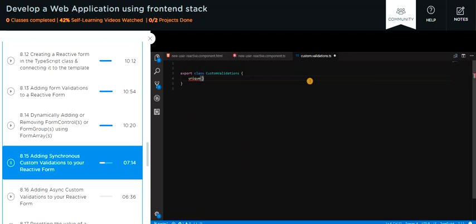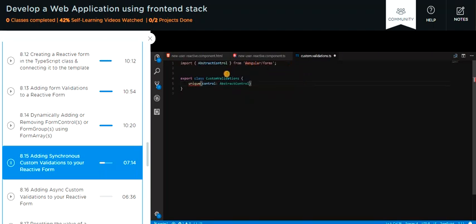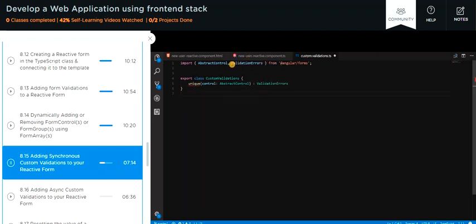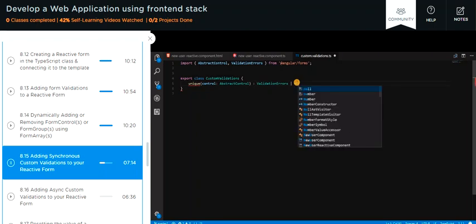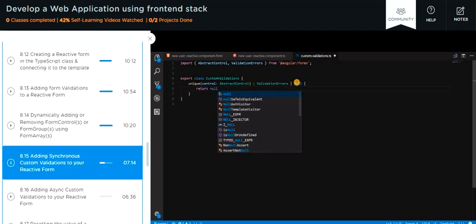Now each function in here receives something called control, and each control in here is of type abstract control, that is something that can be imported from Angular forms, like so, and it returns something called validation errors, which is again something that will be imported from Angular forms, but it can also return null in this case. So let me start by returning null here,